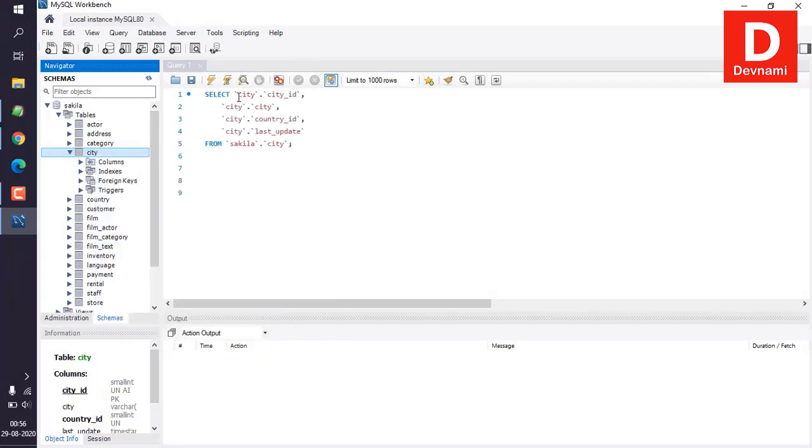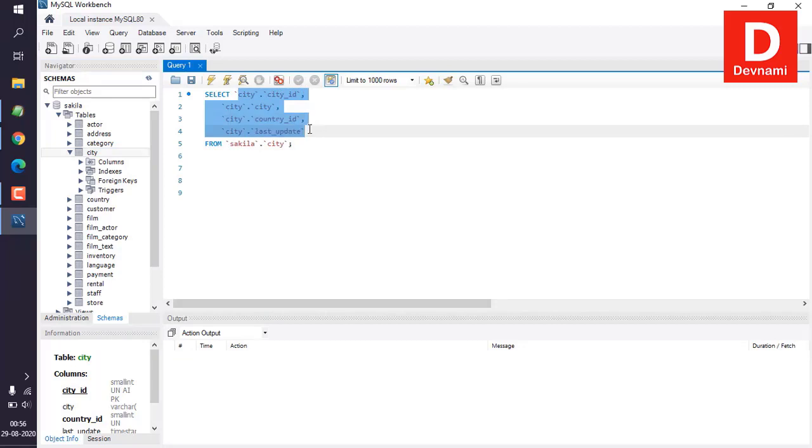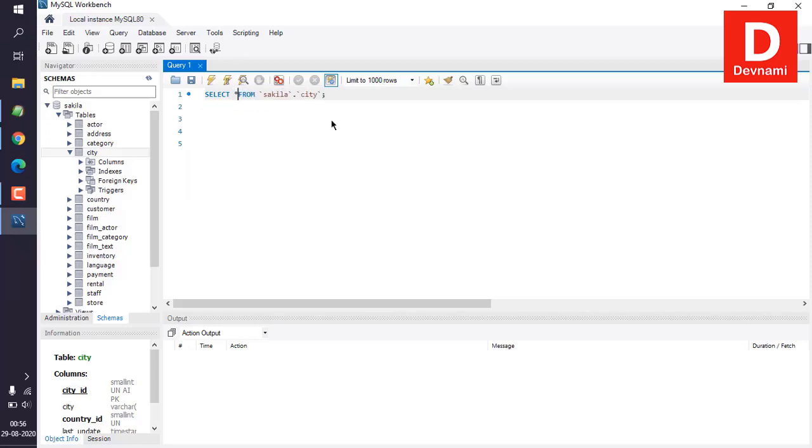Here you can see it individually selects all the 4 columns. I can replace that with, let's say, the star operator. Okay, now my query will be select all from this Sakila database and the table is the city table. If I run this query,